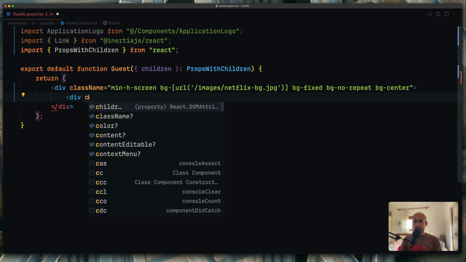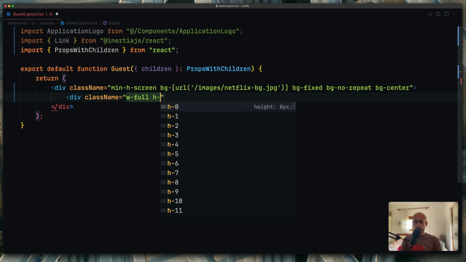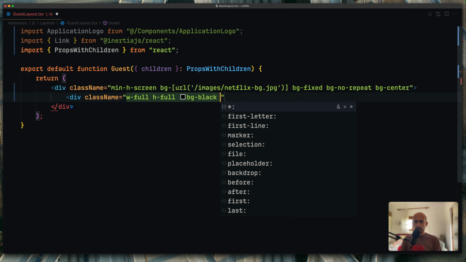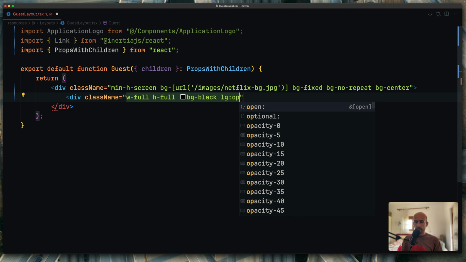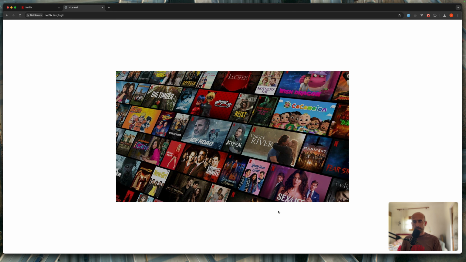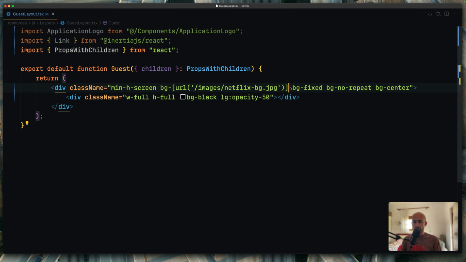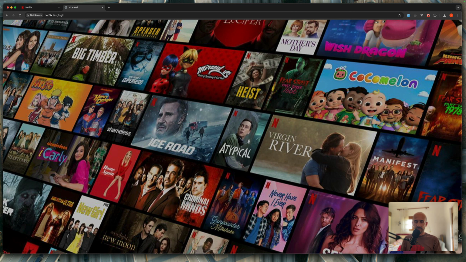Let's close this div, and inside this div now I'm going to add another div for that BG, with a class of, let's say, first w-full, and then h also full, with that BG of black, and on large I'm going to apply the opacity of 50. Now let's save and let's see this, and yeah, we have something like this. We need to change that to say BG cover, and now yeah,